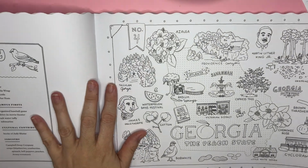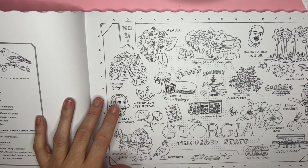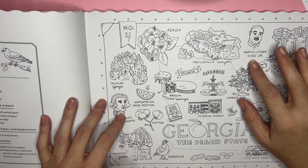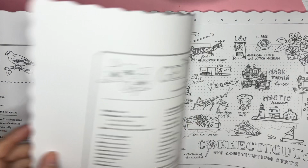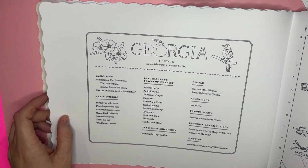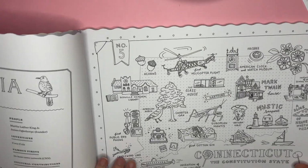So, but what's cool is, you see Georgia, the peach state, and you have all the little things that represent Georgia: some food, some people, locations, the birds, the trees, the state, whatever. But if you look on the back, you've got facts about Georgia. So it's also educational. It's the 4th state, entered January 1788 to the Union, capital's Atlanta. So that's pretty neat. Connecticut,